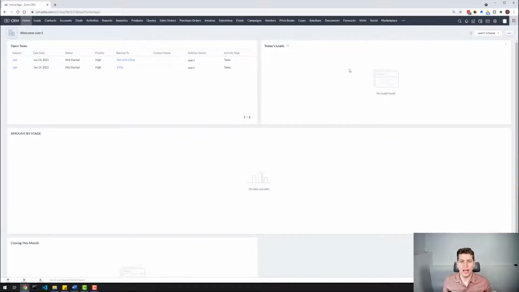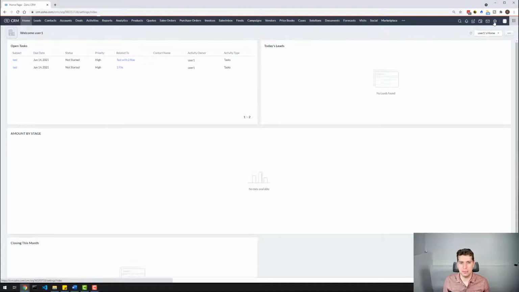So they don't get bogged down with all these different fields and all these different tasks that they need to do. They know exactly what they need to do so they can focus on selling and making sure that the company is thriving. Other than that, it starts to get a bit complicated because it is quite a tool. So we're going to dive into that. We're going to explain briefly how we can go about creating one and what each of the components are when we're in the system. So now that we've logged in, we're at the home screen right now.